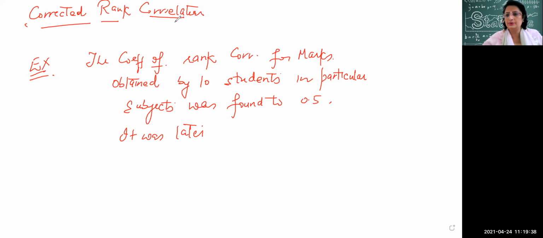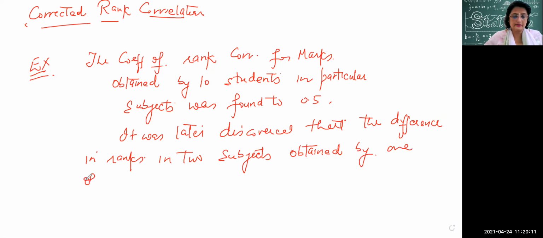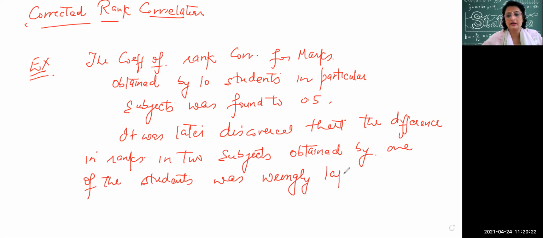So the difference is that the wrong value will come in minus, and the right value will come in addition. It was later discovered that the difference in ranks in two subjects obtained by one of the students was wrongly taken as 3 instead of 7. We had to take 7, what value did we take? We took 3. What should be the